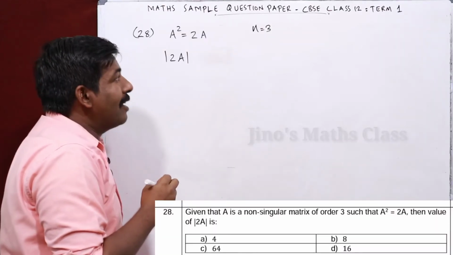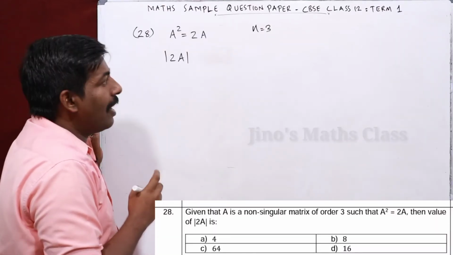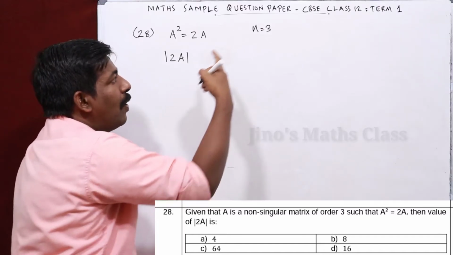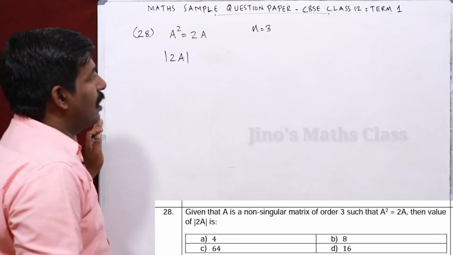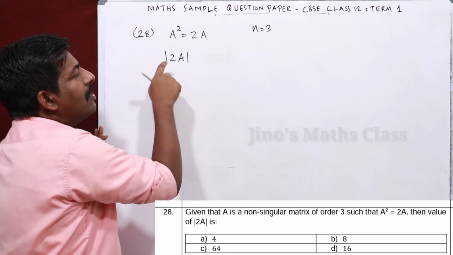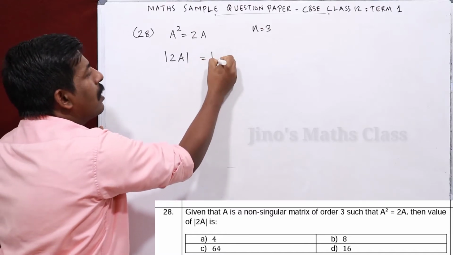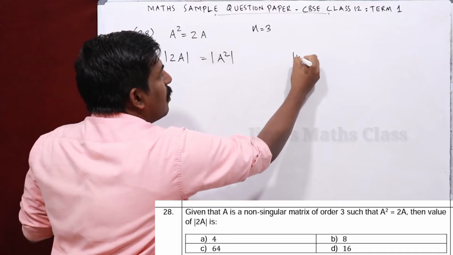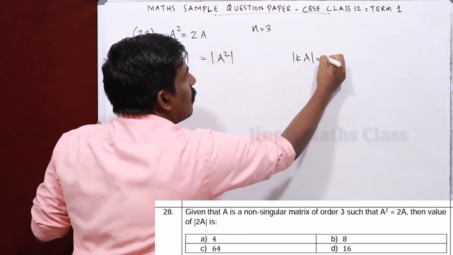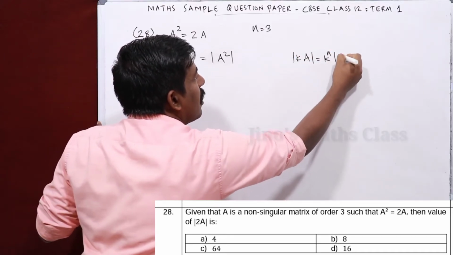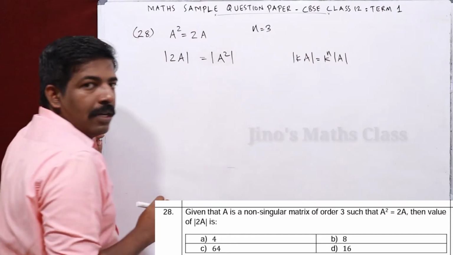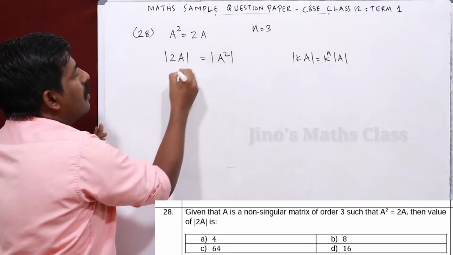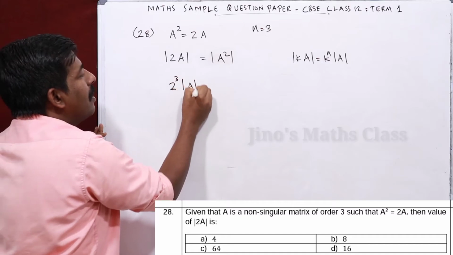28th question. Here it is given A squared is equal to 2A, and they are asking to find the value of determinant of 2A, where the order of A is 3. So here directly we can write determinant of 2A, that is equal to determinant of A squared, and we studied one formula, determinant of k into A is k power n into determinant A, where n is the order. So that means here left side we can say it is 2 power 3 times determinant A, and